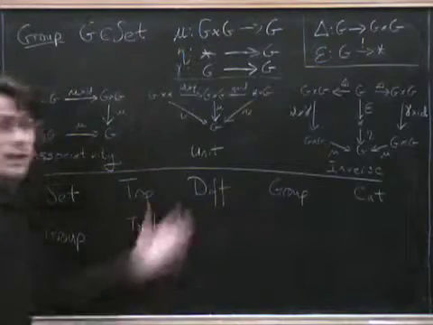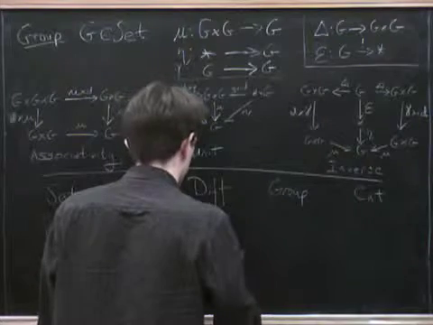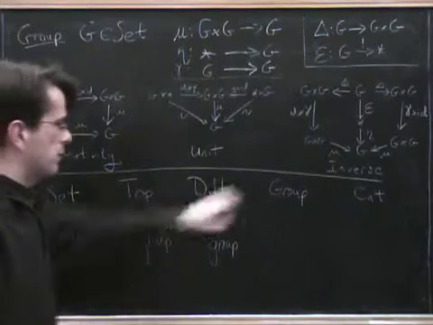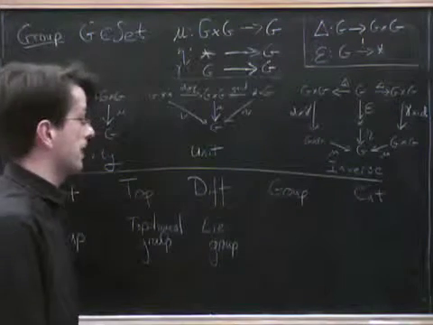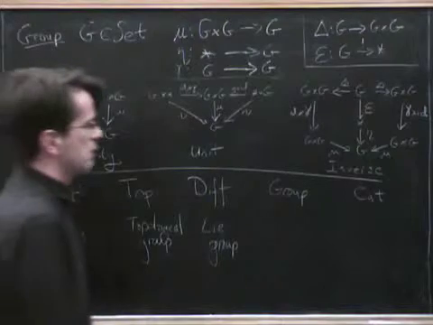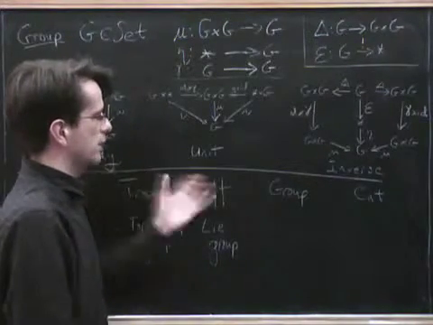Do the same thing in the category of manifolds. Smooth manifolds, we get a Lie group. So that's sort of the obvious one. It's slightly more interesting what goes on with the category of groups. A group object in the category of groups. Well, what's that going to turn out to be? So it's clearly going to be a group with